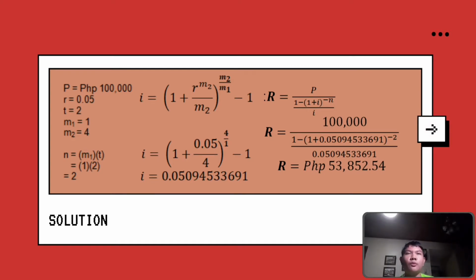The present value is 100,000 and the nominal rate is 0.05. So the conversion periods are m sub 1 is equal to 1 and m sub 2 is equal to 4, and the term is 2. The n value is 2 since we use the solution of n, which is equal to m sub 1 times t. In getting the value of j, we need to use the formula j is equal to open parenthesis 1 plus r raised to m sub 2 all over m sub 2 close parenthesis raised to m sub 2 over m sub 1 minus 1, which will give us a value of